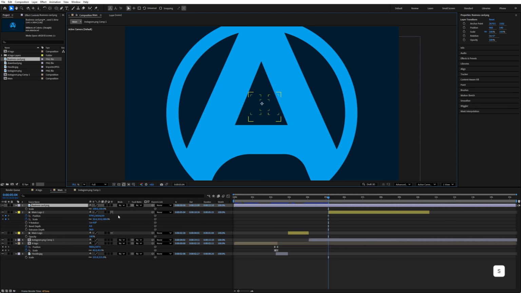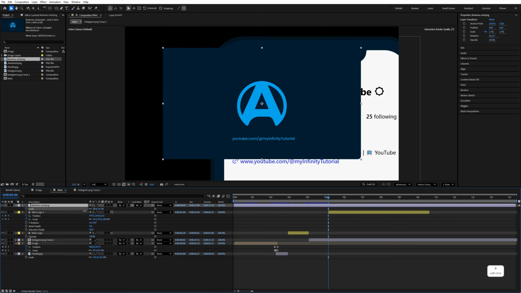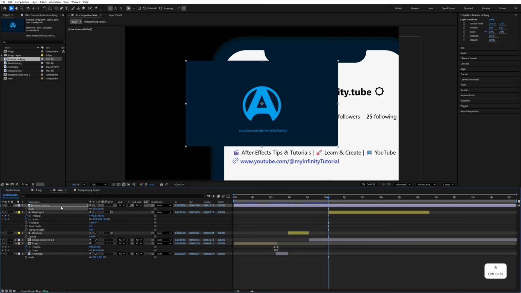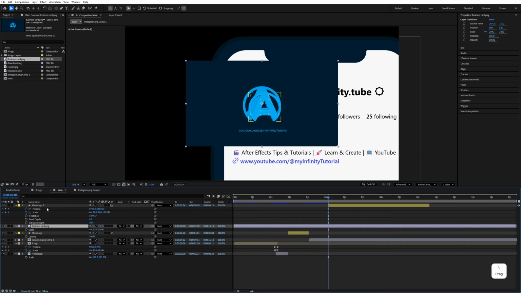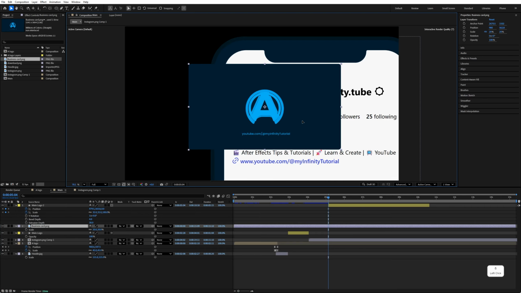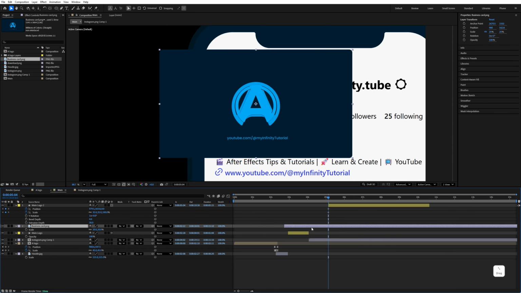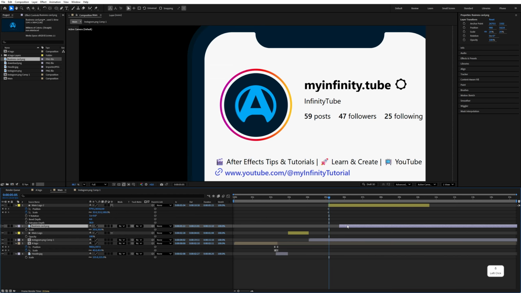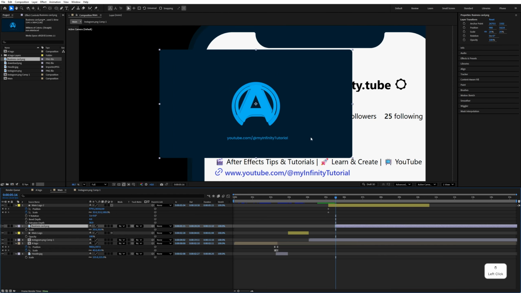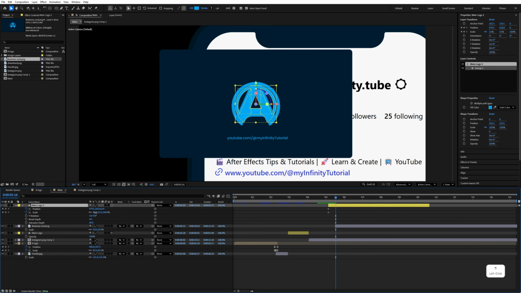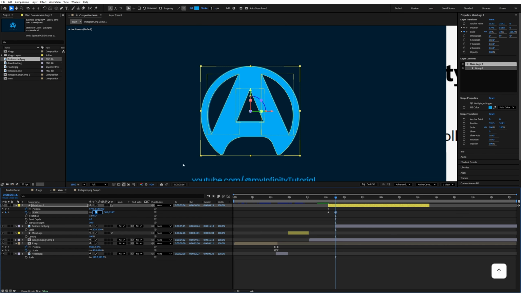So let's press S and decrease the scale size of this like this and in the center of the logo. So move it under this logo and let's move it to the center. Move this layer to the 5.5 seconds here. Align this logo with this business card logo. So select the logo, increase the scale size of the logo,